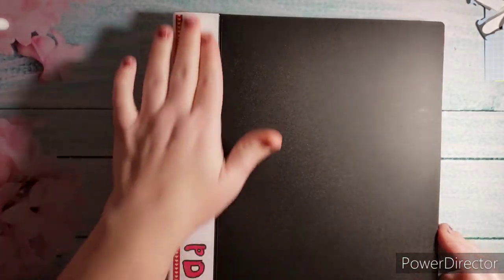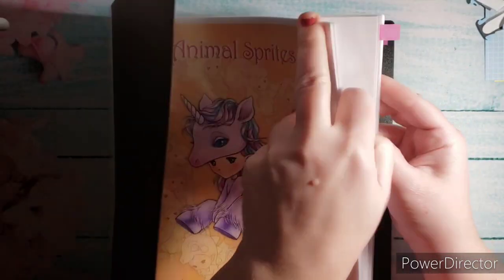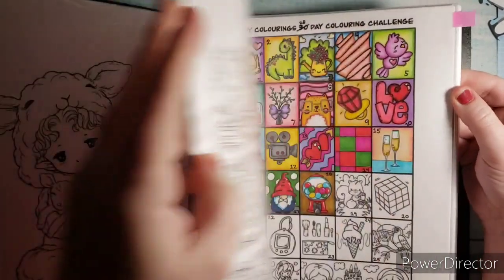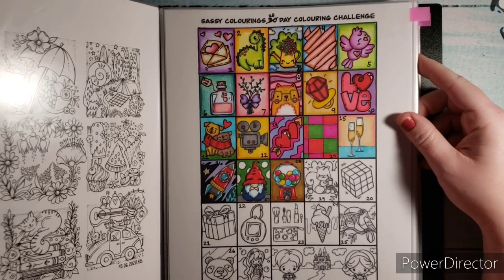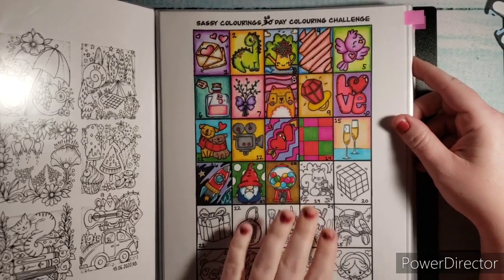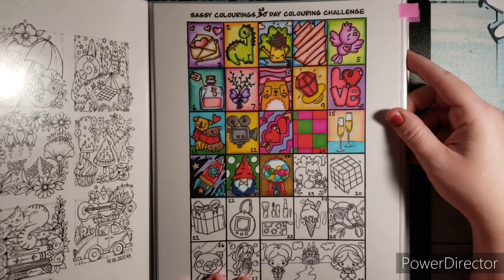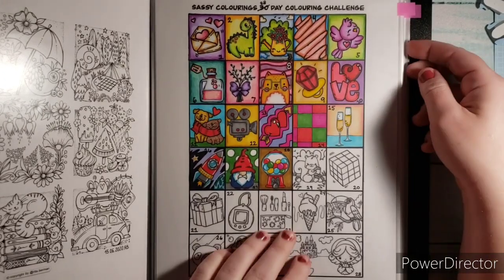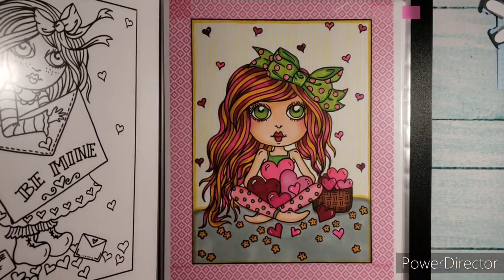All right, and now on to my PDFs that I did this month. So I didn't get very many done. This is how far I got on the Sassy Coloring 28-day challenge. And I still could technically finish it since it is the 24th today. I could probably color all those before the 28th because they're not that difficult, but that is how far I got. And then I colored this one by Deborah Muller,